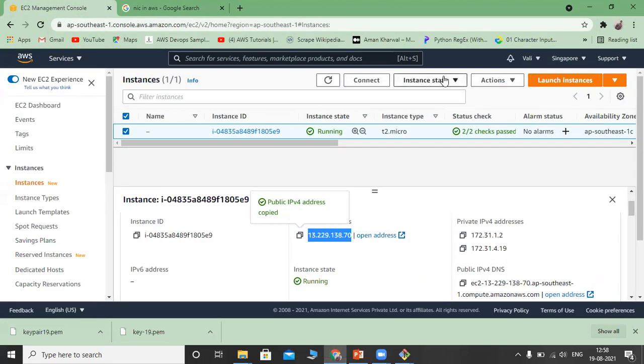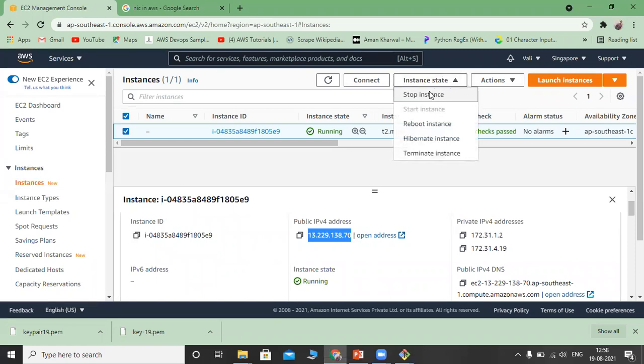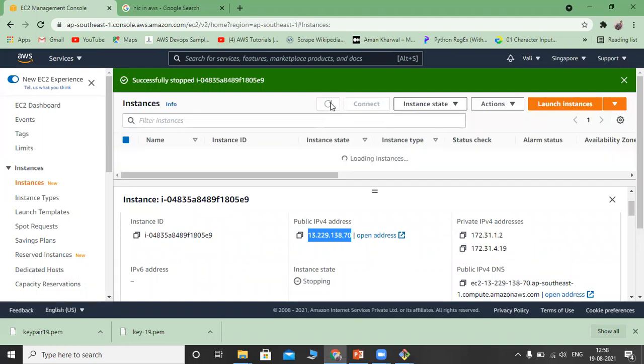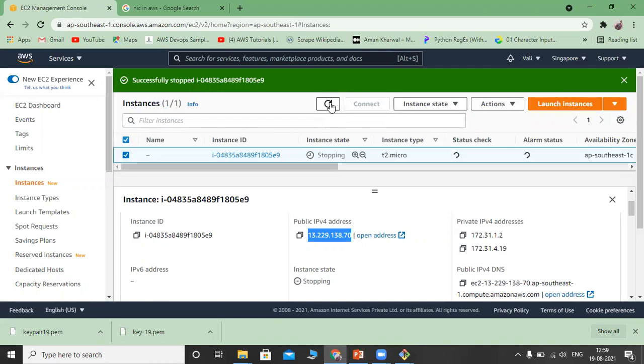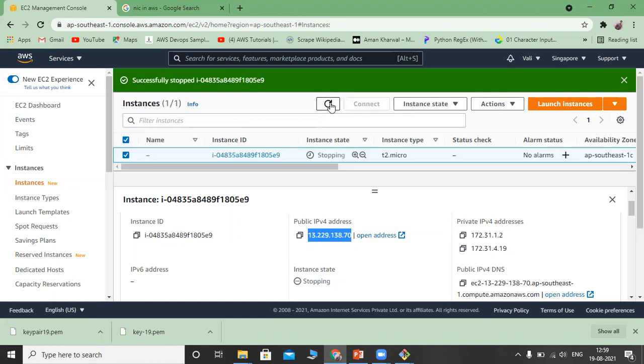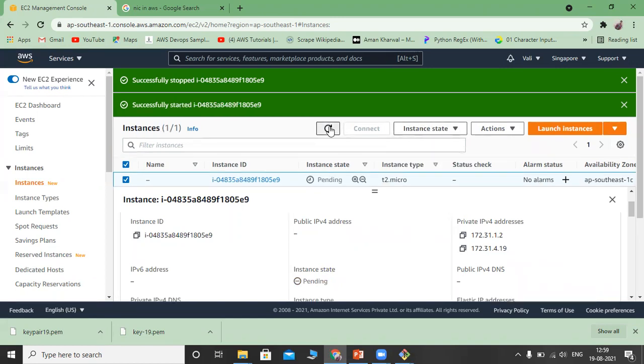And now if I stop and start the instance, whenever you stop and start the instance, it is going to pick one more public IP address. The instance is stopped. Now I'm going to start once again. Start instance. If you refresh,